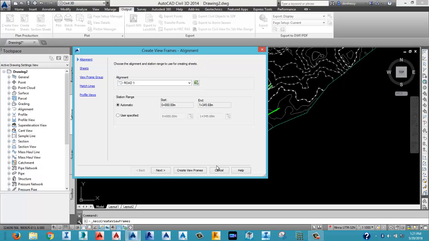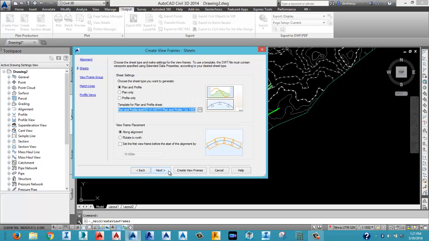Are we good? So go to output, you select the alignment. The station range is automatic, so 0 to the last. Then you go to next. So at this point, this is when you do more of actually